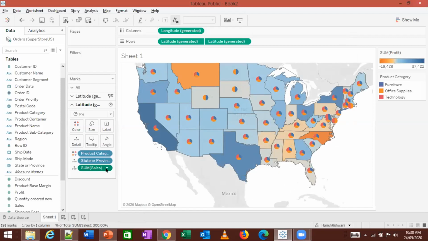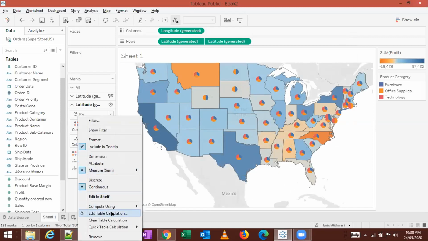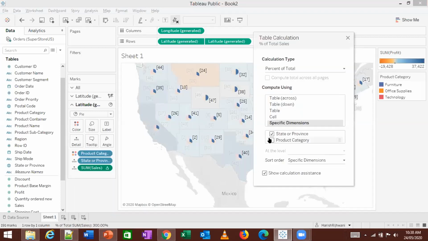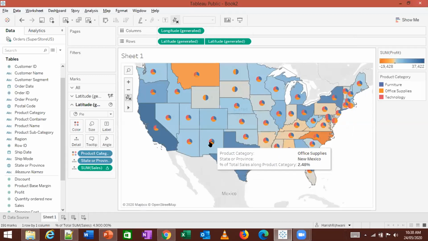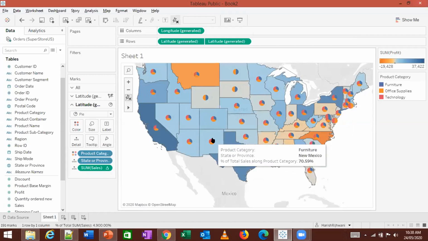So I need to go into this, edit the table calculation and change this dimension. I want to see the percentage by product category. When I do that, now I'm getting 2.4, 70 point this, 26. So this ties up to 100%. Earlier it was not tying up to 100%.